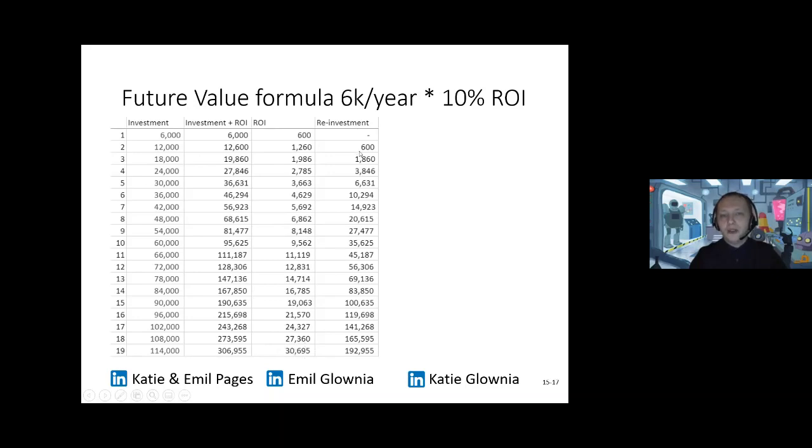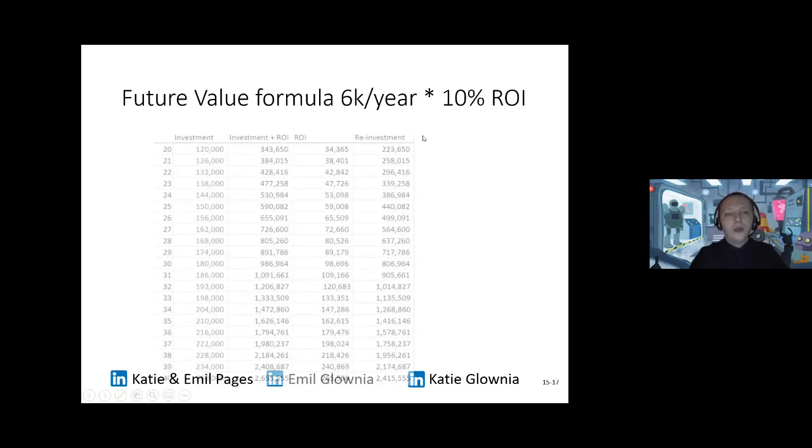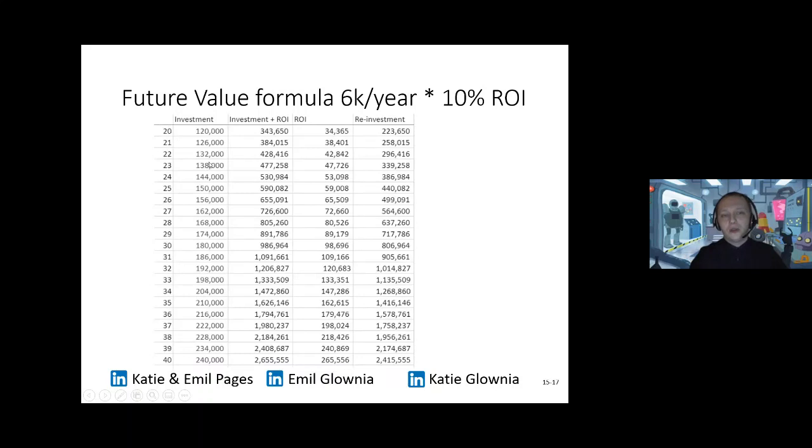And reinvestment value, what we reinvest, you can see it increases quite considerably. You invest 114k, but from reinvestments you actually have 192. So it's really important to understand this aspect of reinvestments because it does play a major role in becoming financially free. Now, if we look at the long term, so if someone starts at the age of, I don't know,